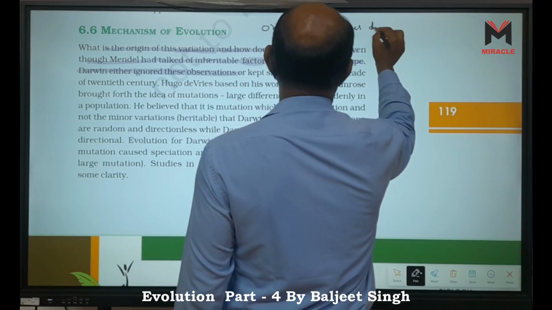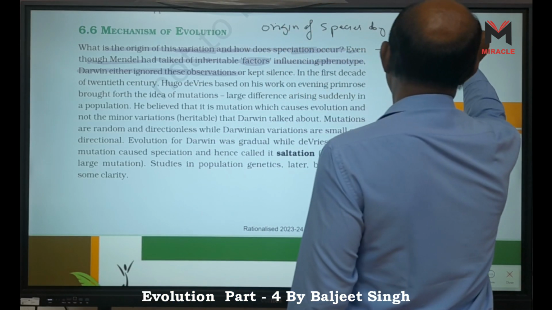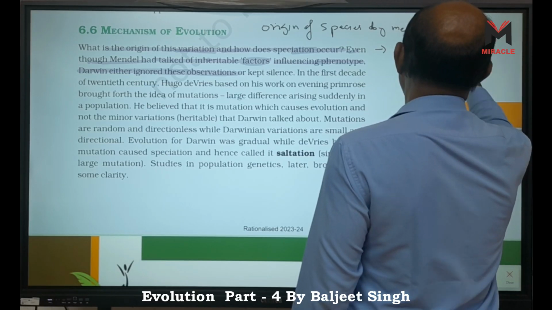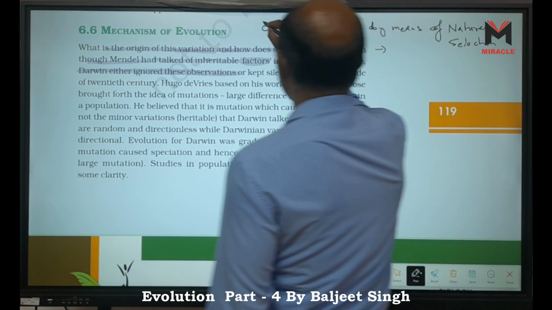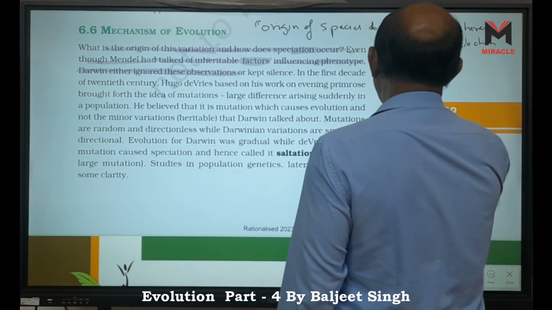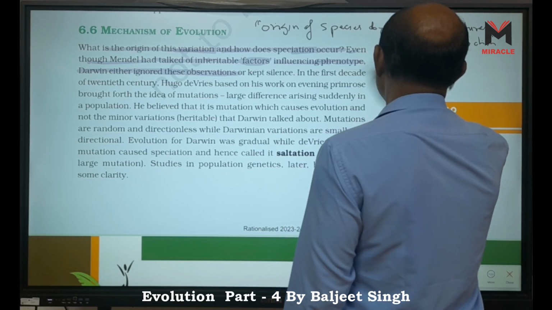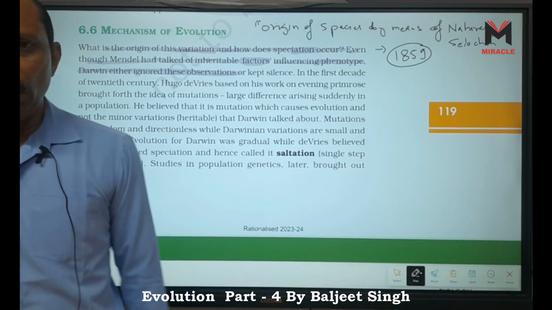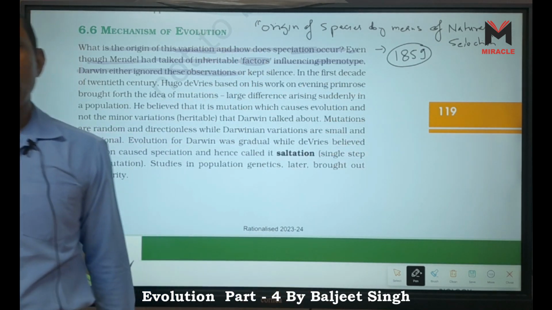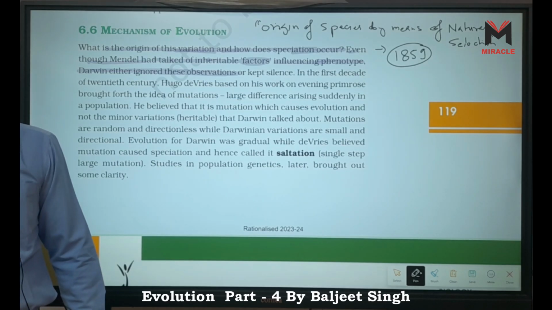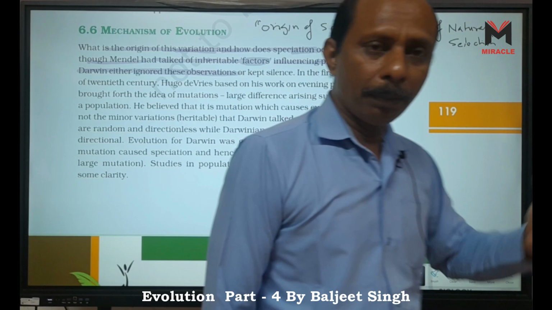A species by means of natural selection. This is the name of the book of Darwin, right? This book is published in 1859, and you know very well because this is near the time when Mendel also published his work. Mendel published a book after 10 years, okay, not a problem,